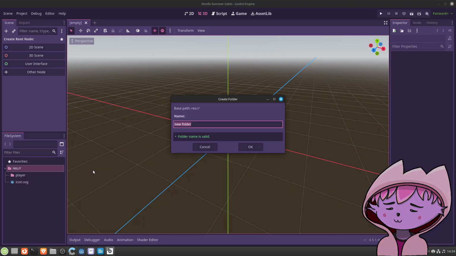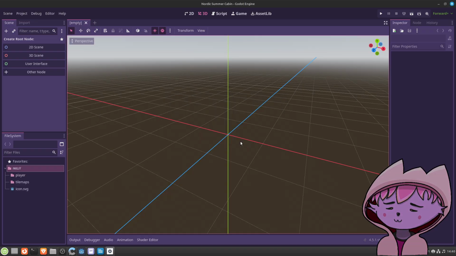Then one folder called NPCs, non-playable characters, although I'm not even planning to have that many NPCs in the game. What's for sure in there is tile maps.